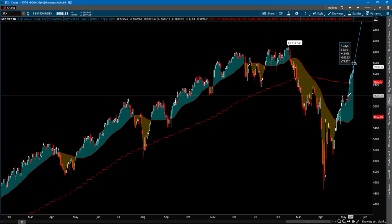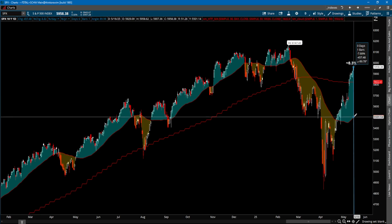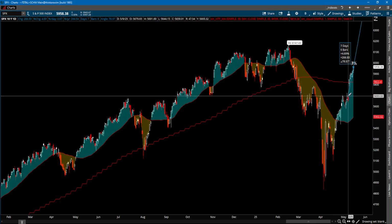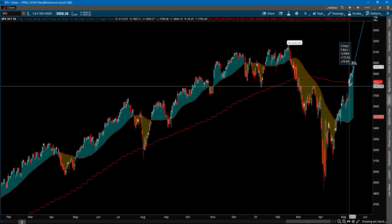Now if we see a 7 or 8% pullback, then we're basically talking about pulling back to the 30-day moving average, or back here on this pivot high. This is more like a double bottom pattern here. This is 8.7%. So that might be a little bit more drastic, but it would not surprise me to see this pullback and come down and fill this gap, or even just come down to this 5,800 area, and that